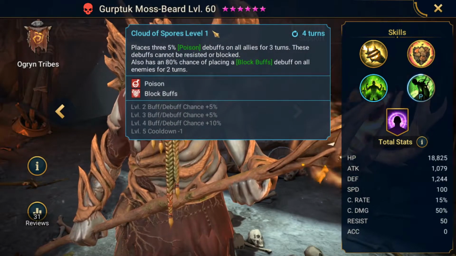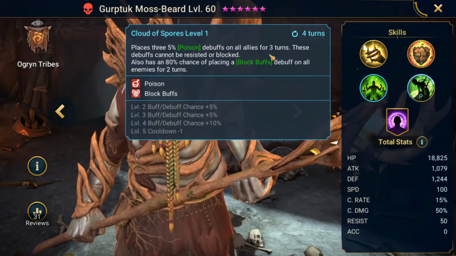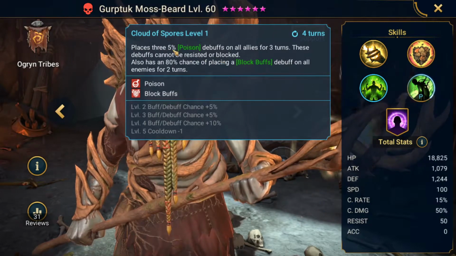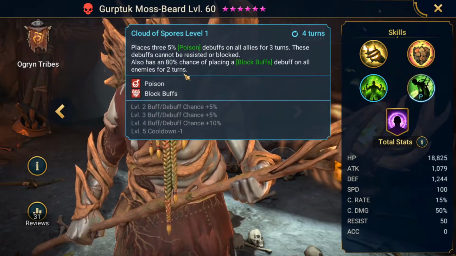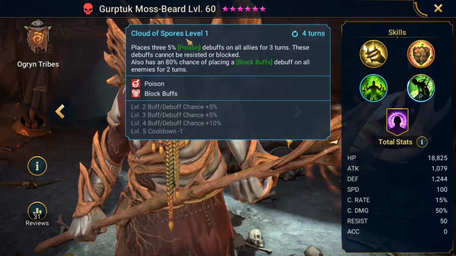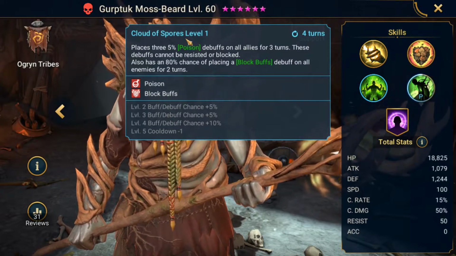So this is what the A1 goes well with. Places 3 5% poison debuffs on all allies for 3 turns. These debuffs cannot be resisted or blocked. Also has an 80% chance of placing a blocked buffs debuff on all enemies for 2 turns. So basically what I see the use for in this would be something like either a speed clear dungeon strategy